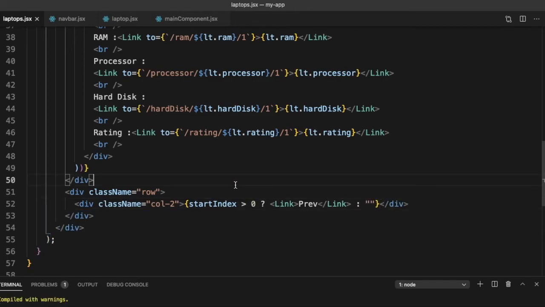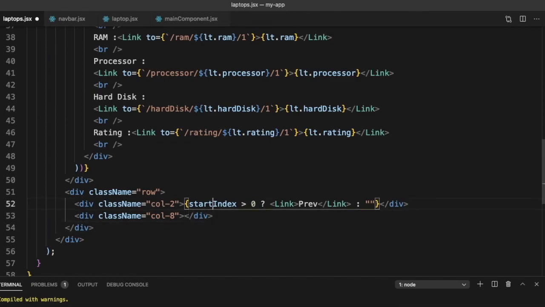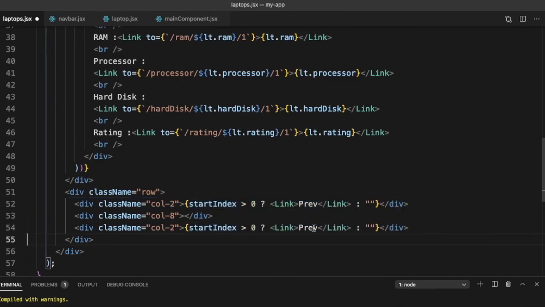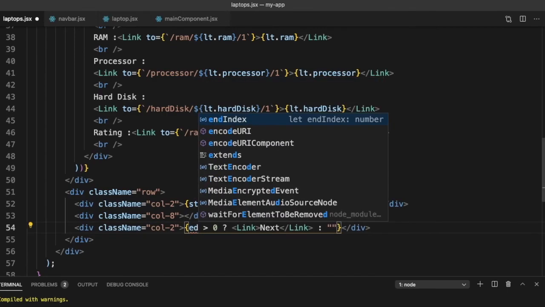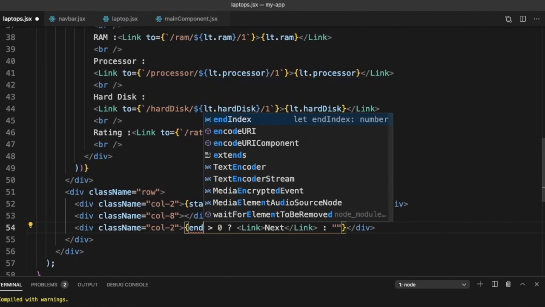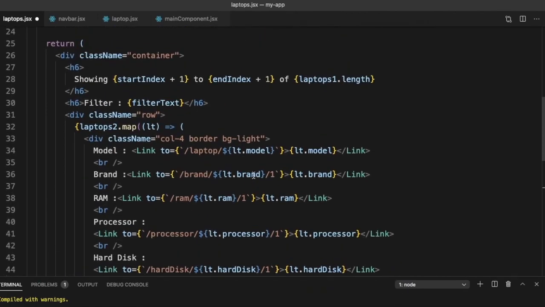So this becomes our column 2, and similarly we can say div class name is equal to column 8, and we don't do anything here, and we want the next. So this would be next. Now what's the condition for next? The condition for next is end index. So what should be my end index?